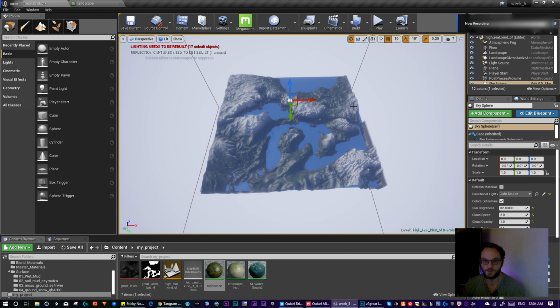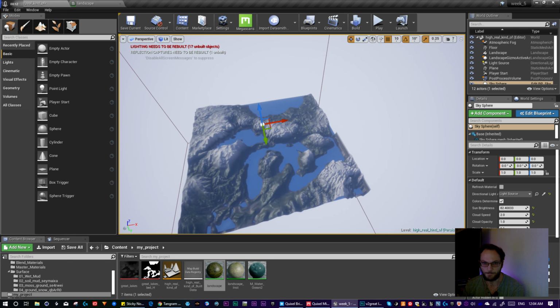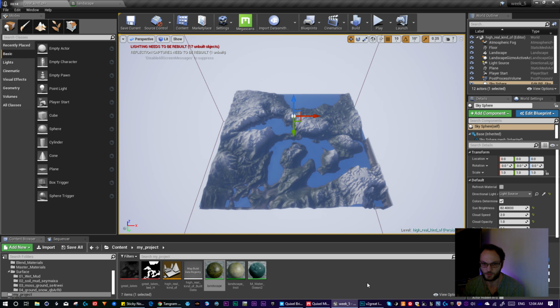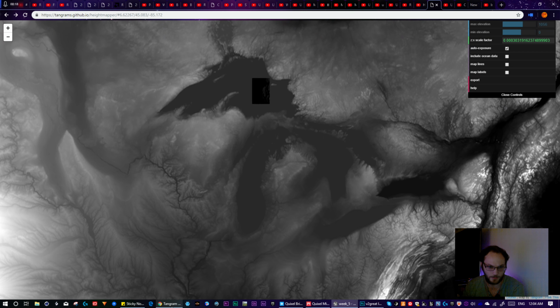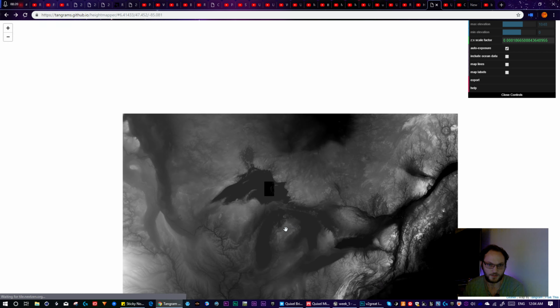Okay, so this week's independent study update, I generated an environment based upon a height map. So here it is. I'll show you really quick where I got the map material from. This website,